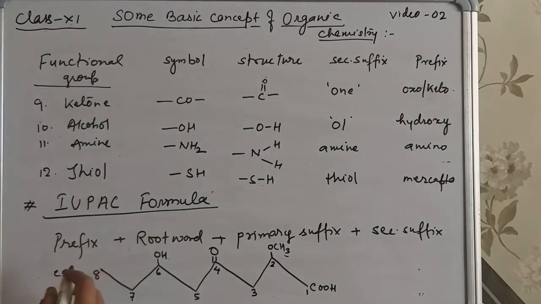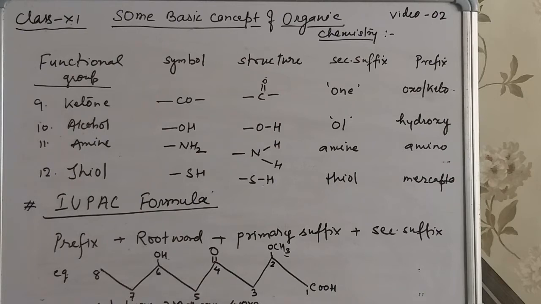So according to the rule, at first we write the name of the prefix. Position 6 contains hydroxy, H. This is oxo, this is hydroxy, this is the methoxy. So at first we write the position of hydroxy on the basis of H alphabetical order. So position 6 hydroxy, then 2 methoxy. This is the oxo, 4 oxo